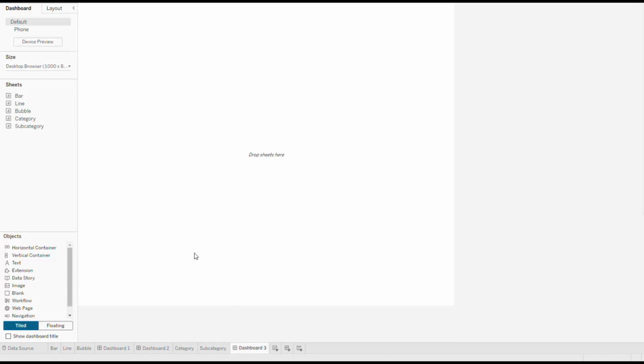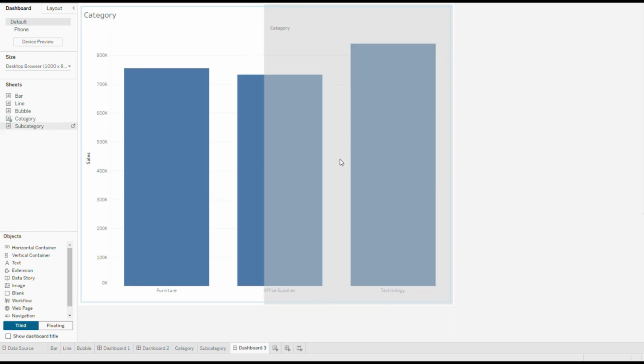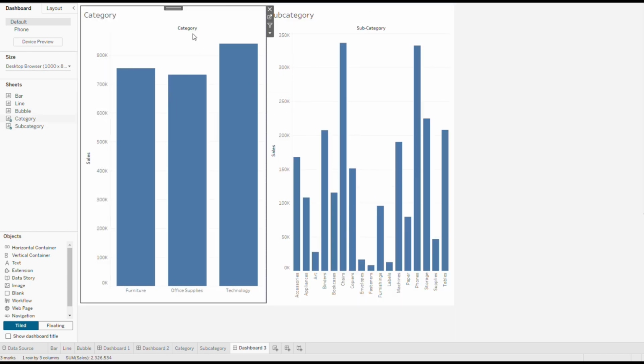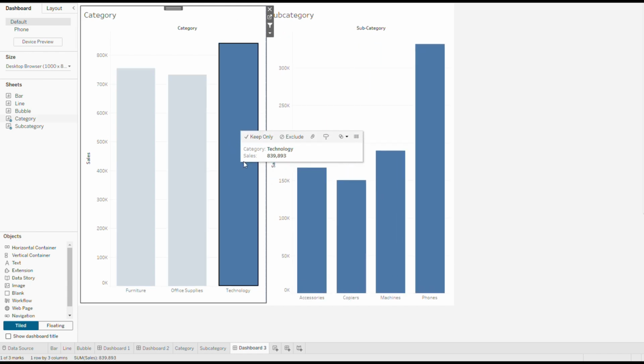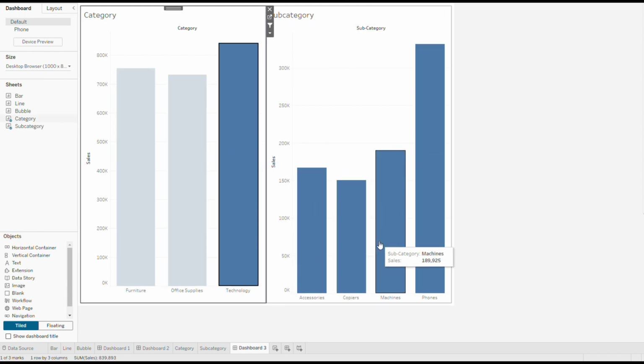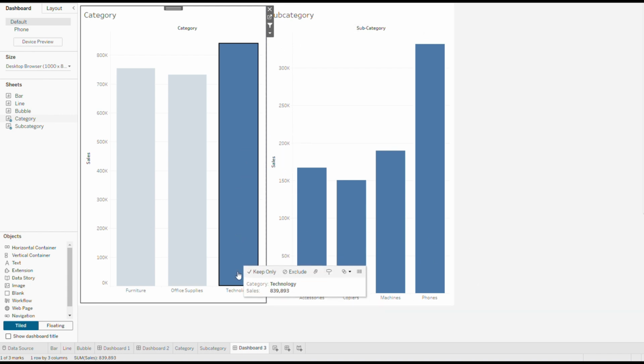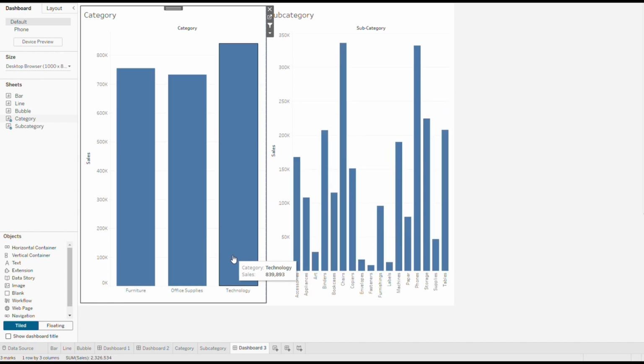And now create one new dashboard here and just drag the category and subcategory here. In the category, just use as filter, just check this one. Currently also, based on use as filter, whenever we are clicking a particular data point, automatically the detailed information we are able to see, that another chart also gets filtered based on this selected field, right? But whenever we are unchecking, is this going to become invisible? No, right? So we will see how to do that.